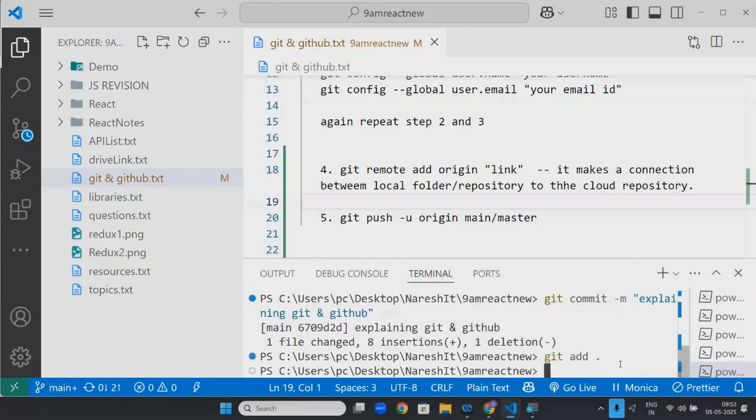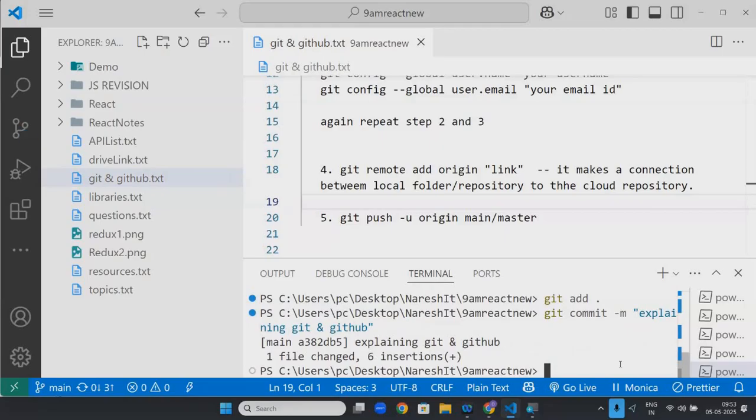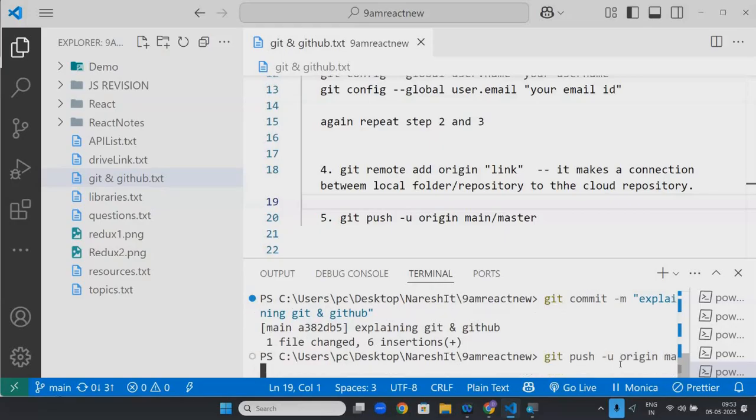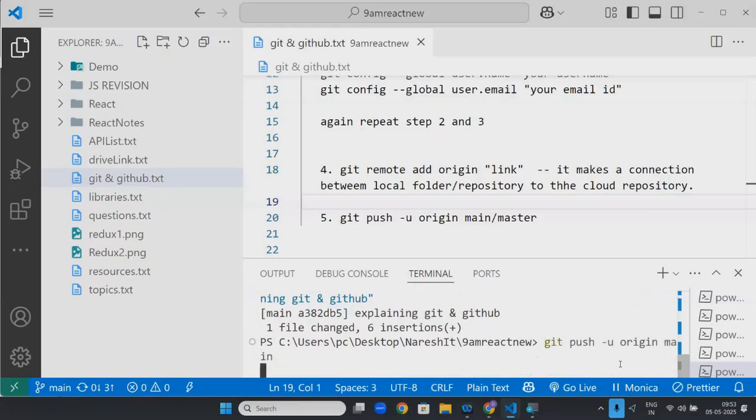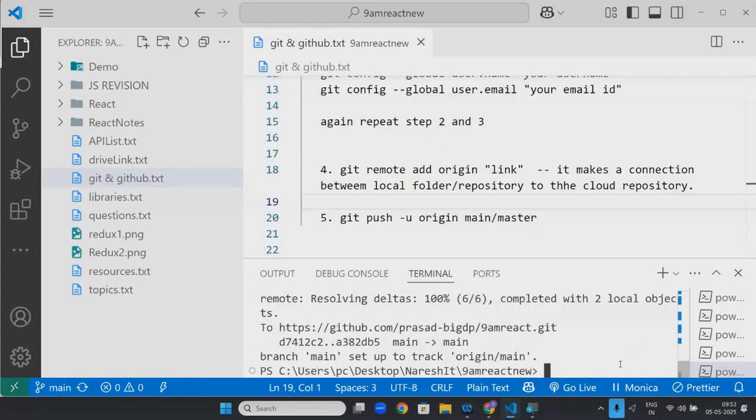Git add, git commit, next git push, git push -u origin main. Now Git is updated, the local values are updated into this particular repository.